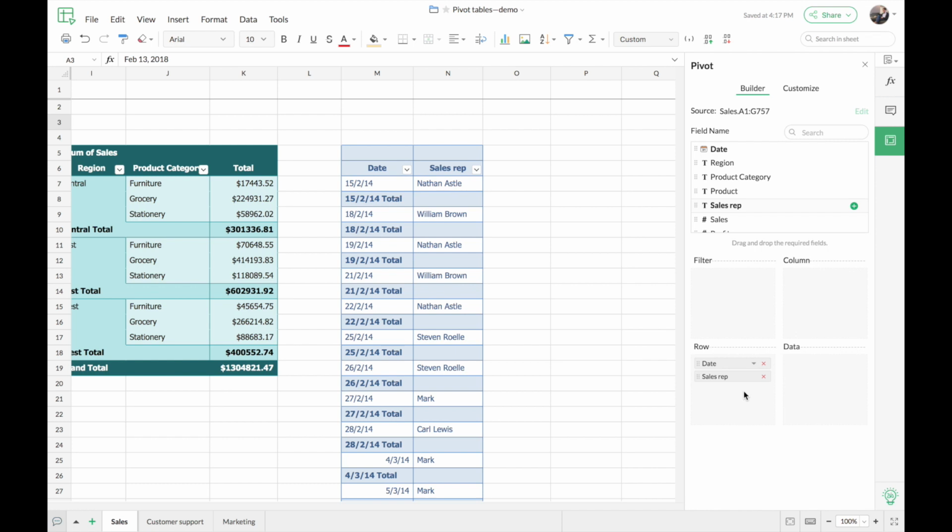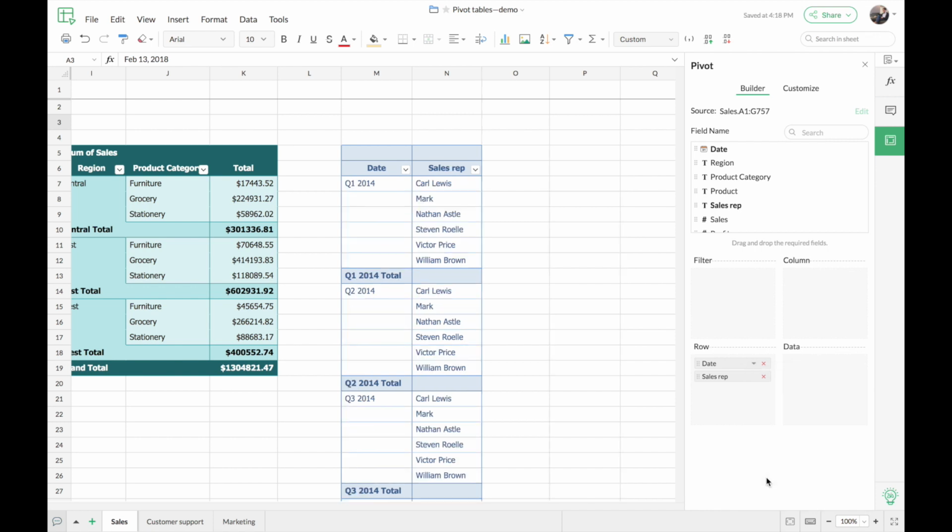So let's see how we can do that. Here in the date field, you can find a small arrow mark. So clicking on that will open up a list of ways by which you can consolidate the date. So you can choose to either view the data based on the year, quarter, month, day, week, quarter by year, or even month by year. So now I'm going to choose quarter by year because I want the quarters to be separated based on the years too. So I'll just choose quarter by year.